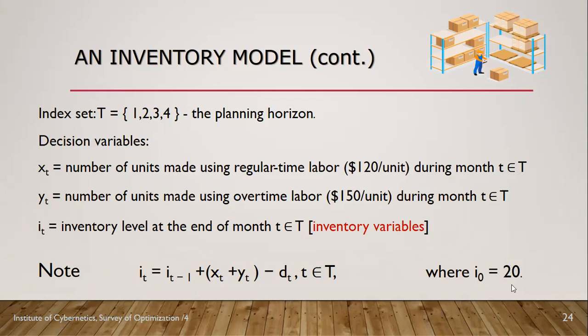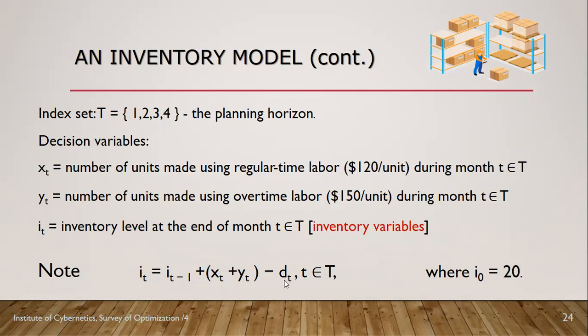For example, for I sub 1, it will be the initial inventory level plus the number of units produced in the first month, including those which are produced with the regular time labor payment and with the overtime labor payment,